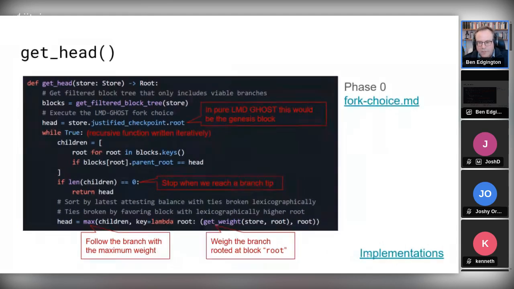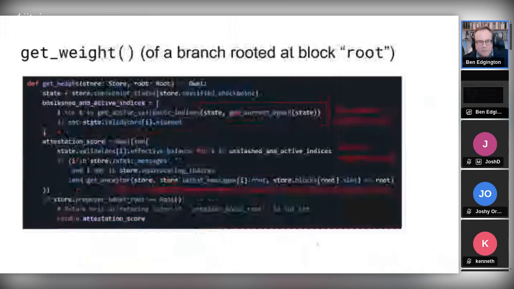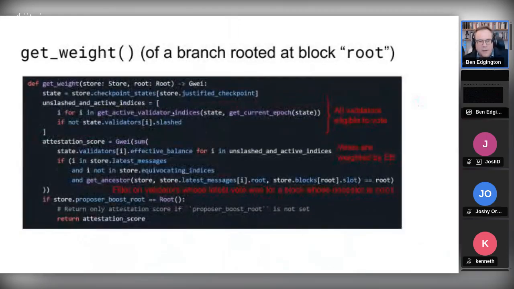Proto Lambda has done a bunch of implementations of this a few years ago. One of them became Proto Array, which became popular amongst client implementations. Prysm used it for a while. They moved away from it. I think Teku is still using it. But if you really want to dive into how this is implemented in practice, then you can follow the link there. And then, as for the get_weight function,